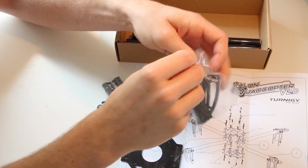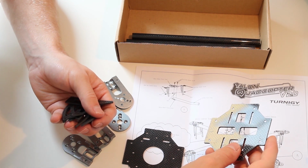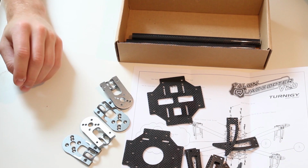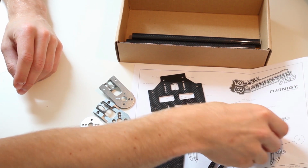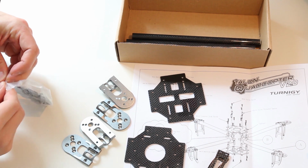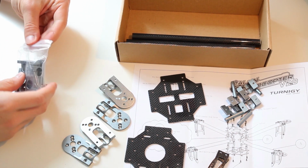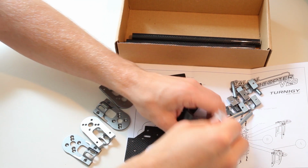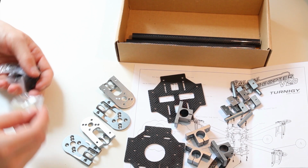These are, I guess, what are these? I guess your stands, you can call them. Yeah. So these keep the quadcopter above the ground, and so your battery won't touch the bare ground. Some more connectors. So first I'm going to show you all the parts that are included in the kit, and then we are